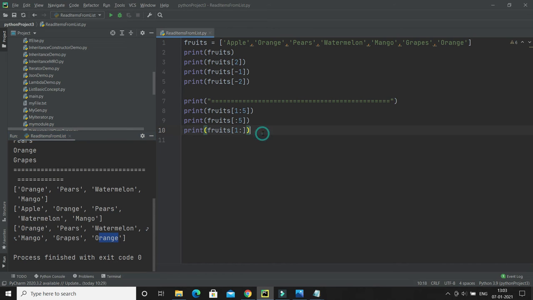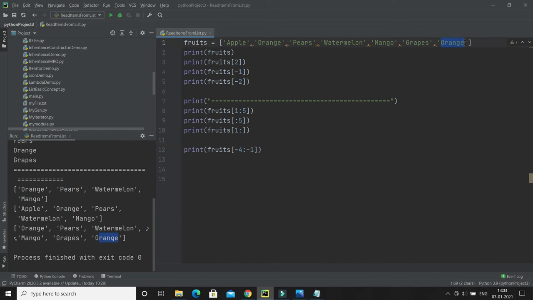So now let's talk about the negative indexes. As I said, you can fetch items using the negative index. And how does the negative index start? The last index is minus 1, then minus 2, minus 3, something like that, right? Let's say I am going to specify the index, print fruits, and here I am going to start at, let's say, minus 4 colon minus 1.